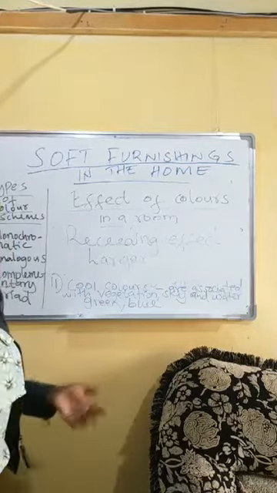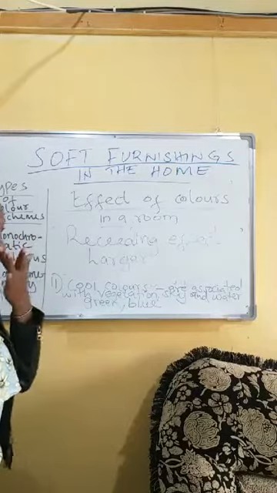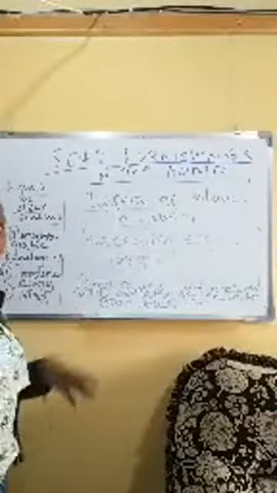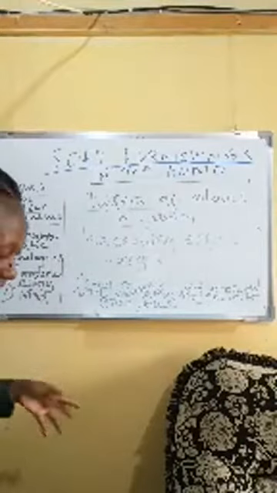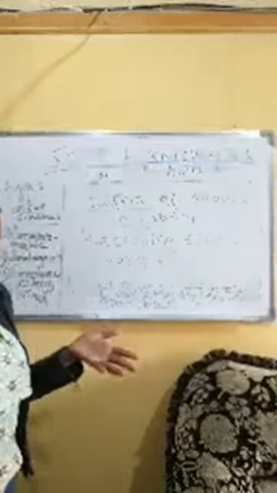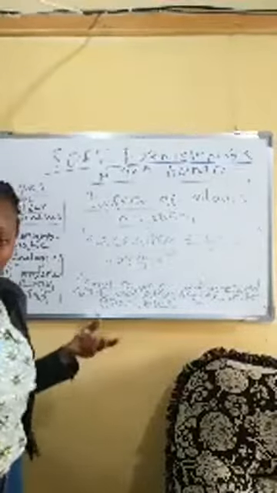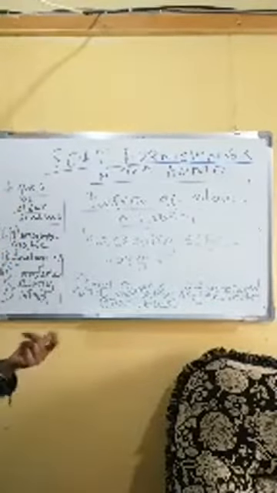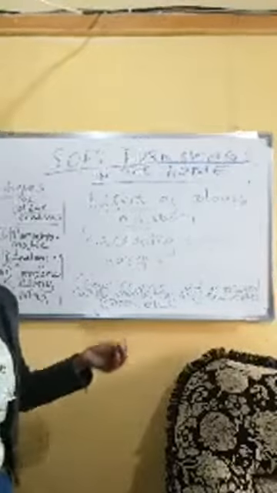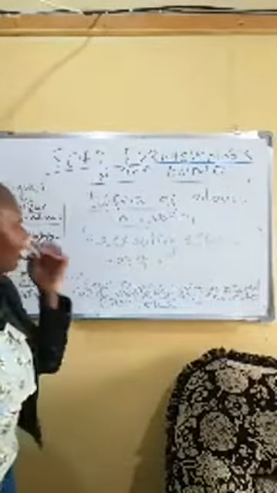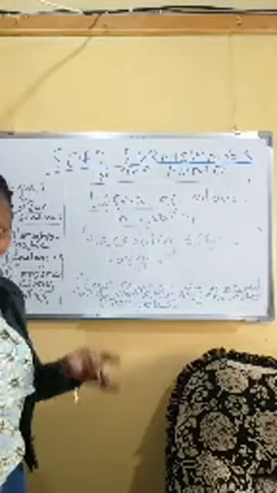Then we have red. We've talked about red. Red is a warm color, one of the warm colors. It is very demanding, meaning it gives you that urge to look at it. And we know red signifies a lot of things. There's danger, there's love. When you use it in a room together with other colors, it brings warmth to the particular room. We have violet or purple.